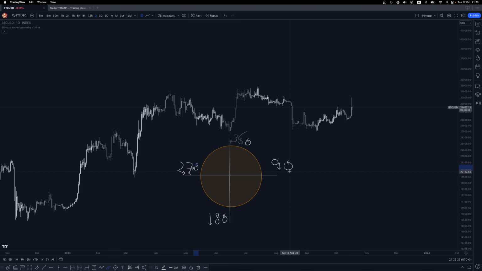So something to note is that if you add the digits on these numbers, you will always get 9. So 9 plus 0 equals 9, right? 1 plus 8, 9. 2 plus 7, 9. And 3 plus 6 is also 9. Even if you take the 45 degrees, 4 plus 5 is also 9. So